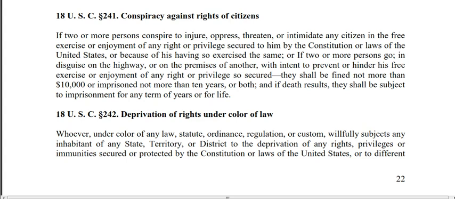18 U.S.C. Deprivation of rights under color of law. Whoever, under color of any law, statute, ordinance, regulation, or custom, willfully subjects any inhabitant of any state, territory, or district to the deprivation of any rights, privileges, or immunities secured or protected by the constitutions or laws of the United States, or to different